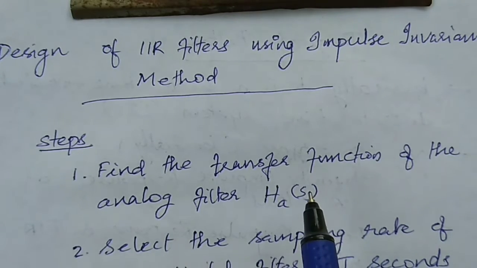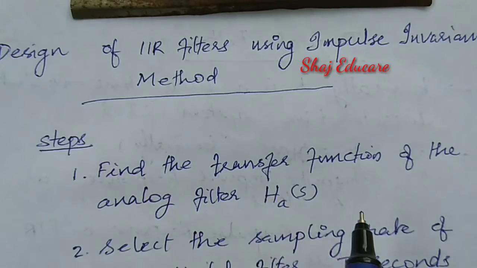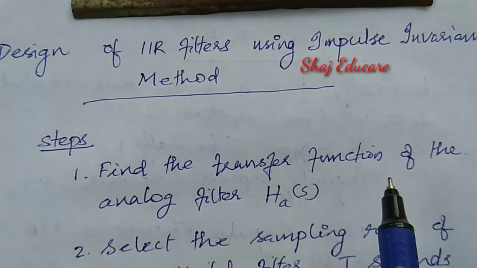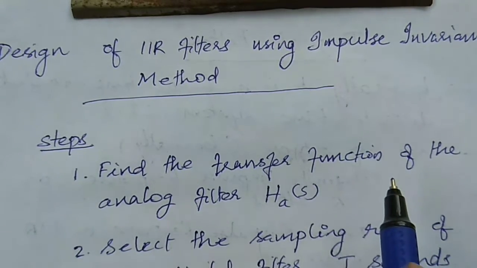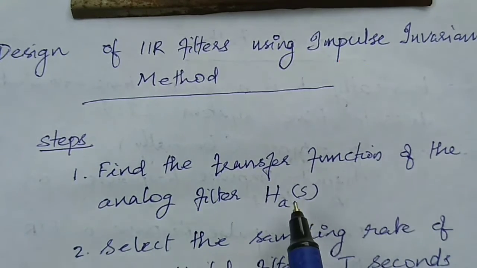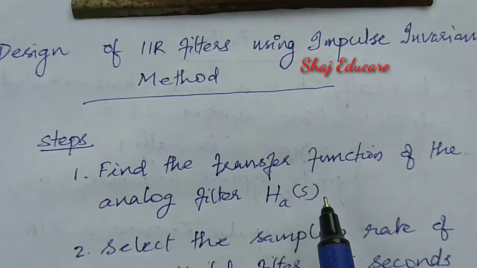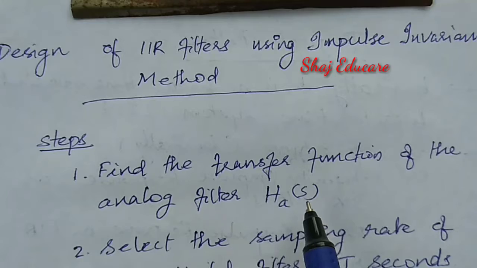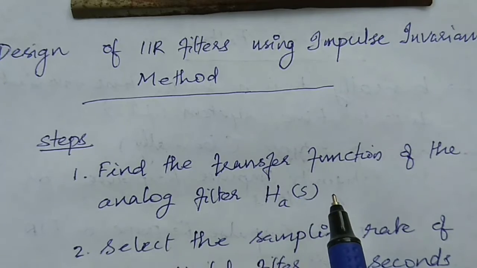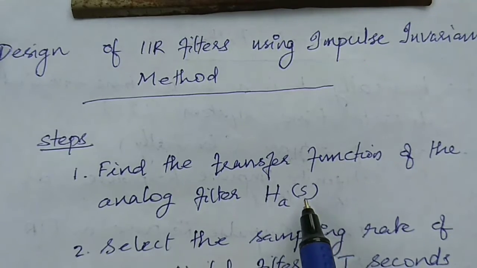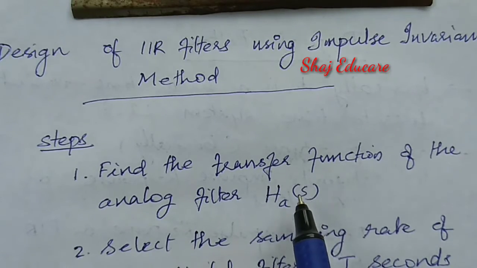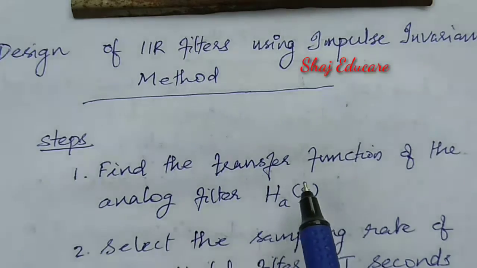All of you know that the Laplace transform is a transform that is used to convert a continuous time signal into the corresponding frequency domain. Continuous time in the sense analog in nature. So H(s) means the transfer function of the analog filter. Since we are dealing with the Laplace transform, it is only possible for continuous time signals. So now we go to Ha(s), and the design steps for the analog filter will be discussed later. Now try to understand this much.